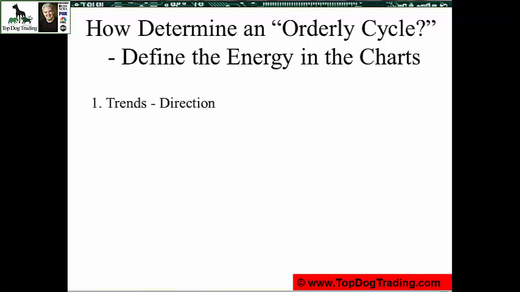I'm looking for the energies in the charts. Now, by energy, I mean the energy of money. Money flow, buying and selling pressure, volume, the speed of the orders, and things like this. So I break the energy of the market down into 5 subsets. Now, you could add more to this, but here are 5. And these 5 are important, and I'll show you why in a moment. But first, let me just give you the list.